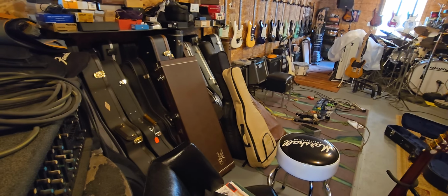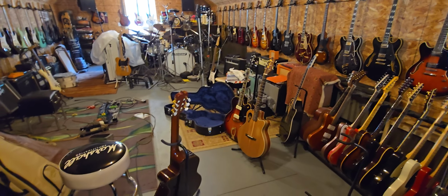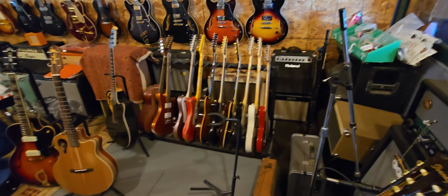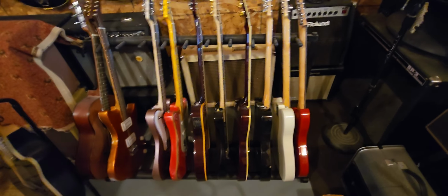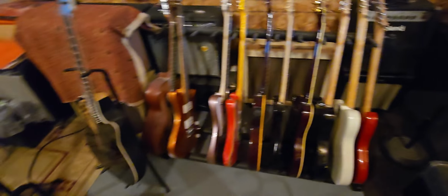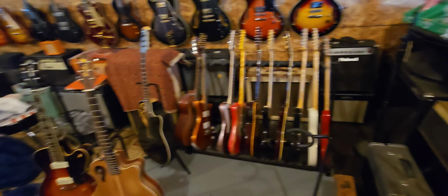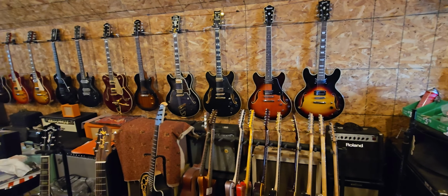Yesterday I went through pretty much all those cases, but I didn't get a chance to get them all put back in their place. So I'm gonna pick the rest of them up, get some of these cords picked up. It's just tripping hazards. I actually came up here yesterday. I wanted to pick out a Telecaster to play, a different one, and I couldn't even get to them. There was just stands and guitars and cases, and there does come a time where you have to stop and